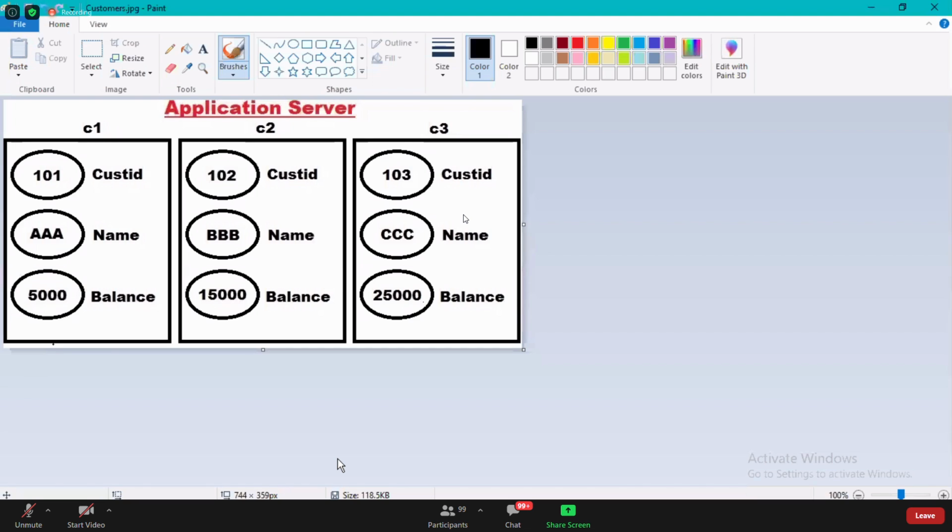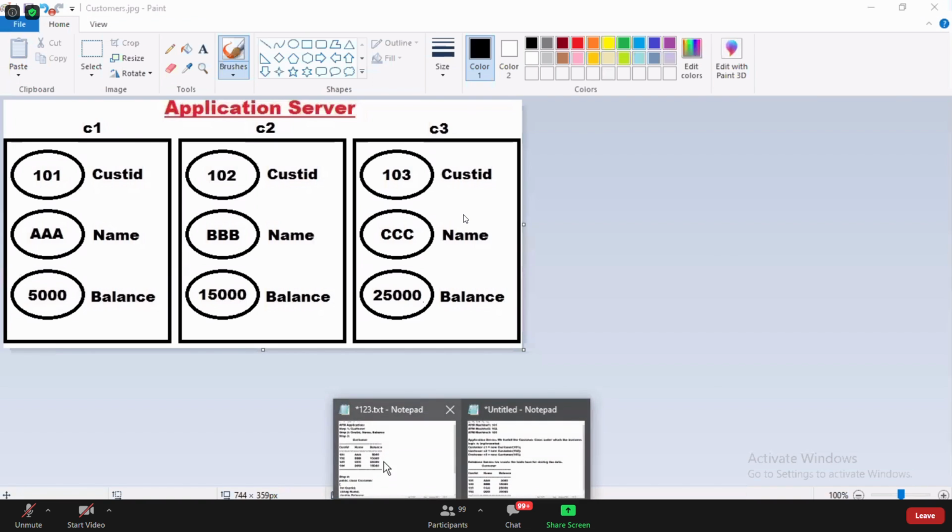Now, guys, you are my client and I am the developer. You are going to use this application for doing some transaction. Tell me, as a developer, is it my responsibility to provide you options to perform the transactions or not? Yes. And I'm responsible to perform all the transactions.